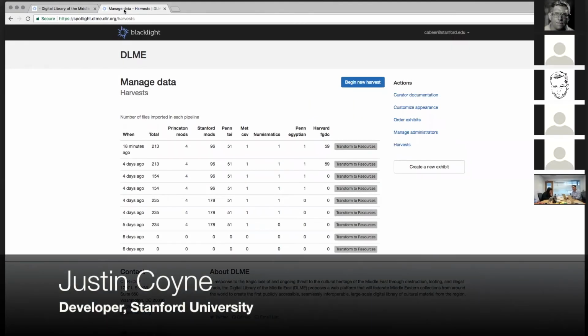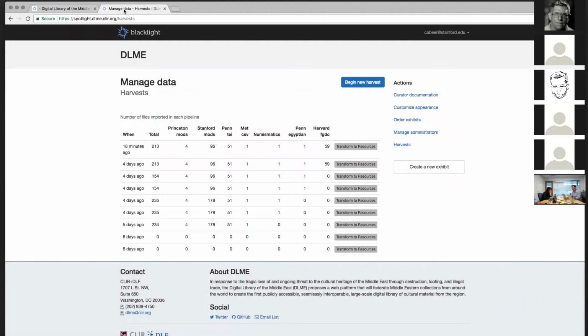On this page, you will see a spreadsheet, and each column represents one of the pipelines that we've defined for import. The first step of the import is a harvest step, and that's what these numbers represent, the number of files that we're going to harvest into each pipeline. The second step after harvesting all these resources is to transform them into what we're calling JSON intermediate representation resources. And in that way, something like the Met CSV, which has a single file, can get expanded into several thousand records.